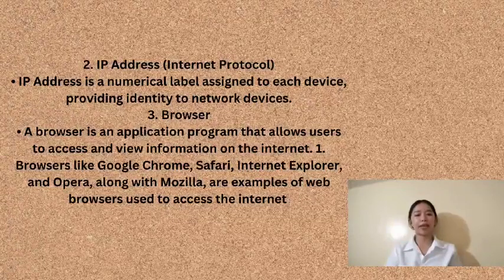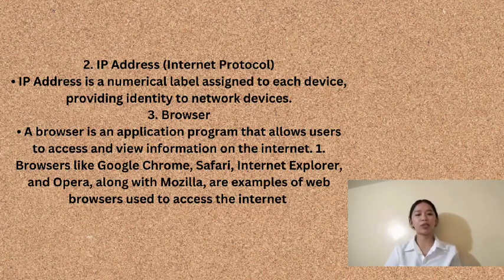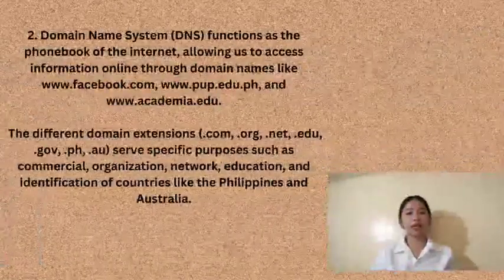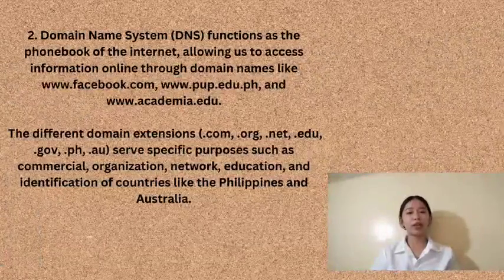Next is a browser. A browser is an application program that allows users to access and view information on the internet. Browsers like Google Chrome, Safari, Internet Explorer, and Opera, along with Mozilla, are examples of web browsers used to access the internet. Next is the domain name system or DNS, which functions as the phone book of the internet, allowing us to access information online through domain names like